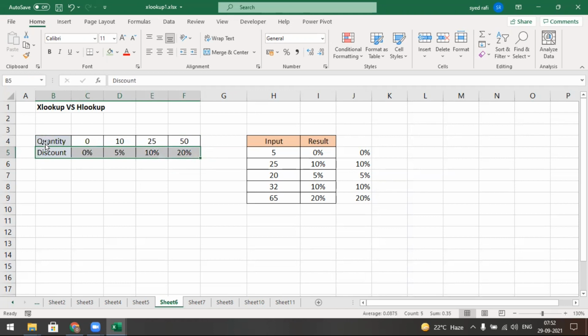In VLOOKUP we never select like this; it is not possible in VLOOKUP. It is possible only in HLOOKUP, so the data in a row cannot be selected in VLOOKUP.